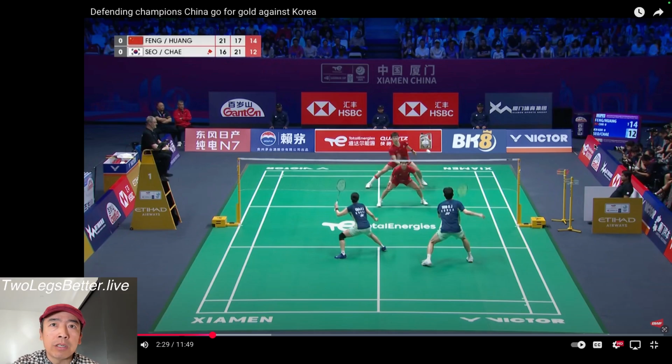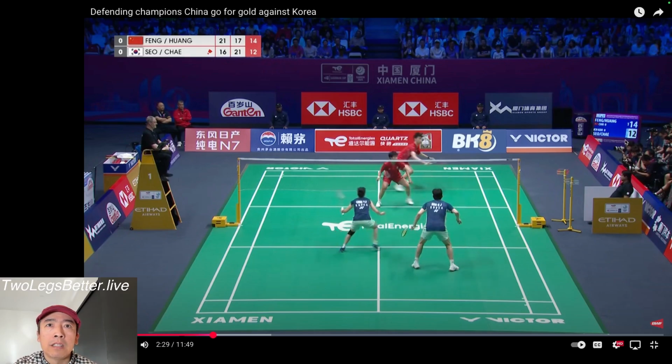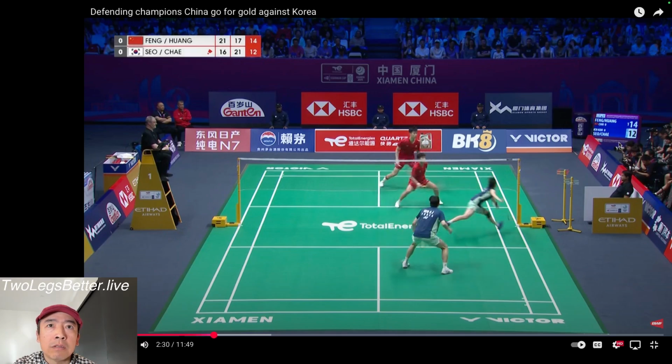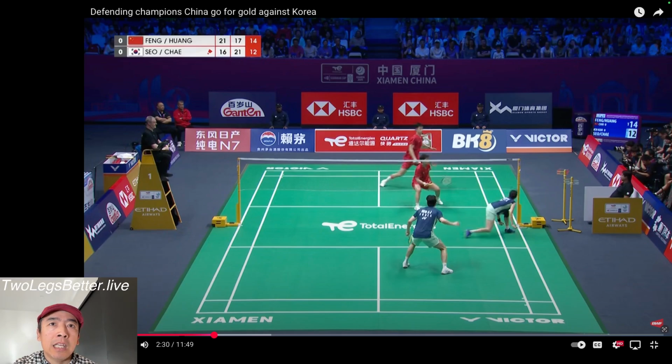Just let your man cook. See that? Just raise your racket and hold the middle ground would be enough. See? She's trying to intercept. That's okay because it could be a drop to the net. You see why Feng Yanzhi moved back? Because she moved that way. When she moved that way, Feng has no choice but to move this other way because this whole side is